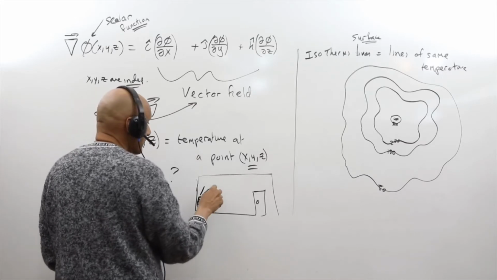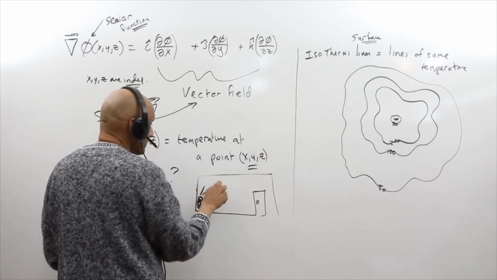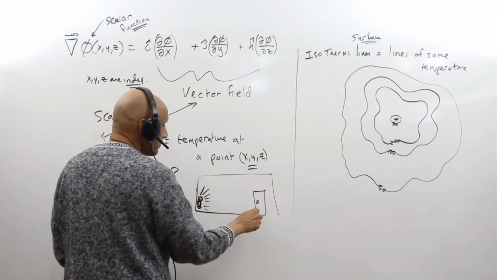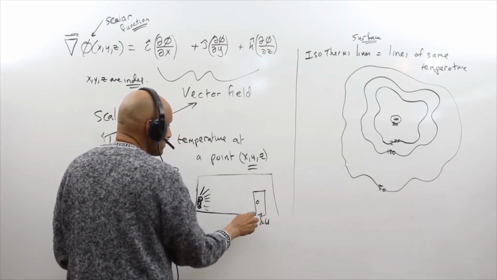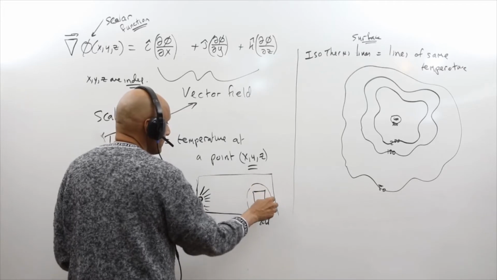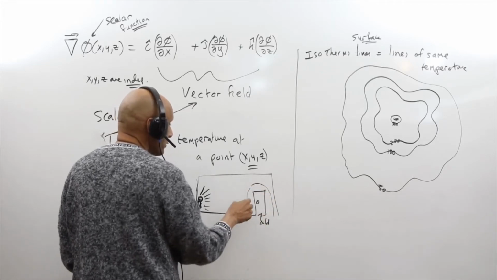I expect that closer to the door, let's say it's cold. And so the isothermal surface might be like this,